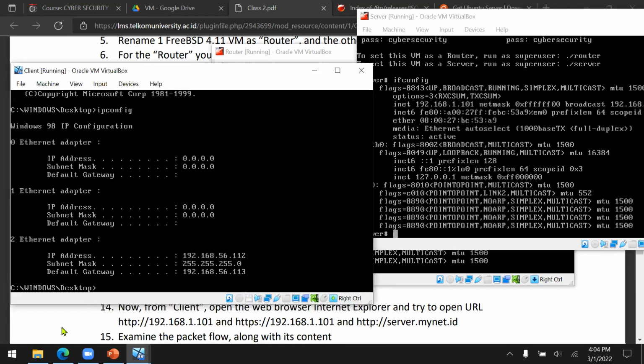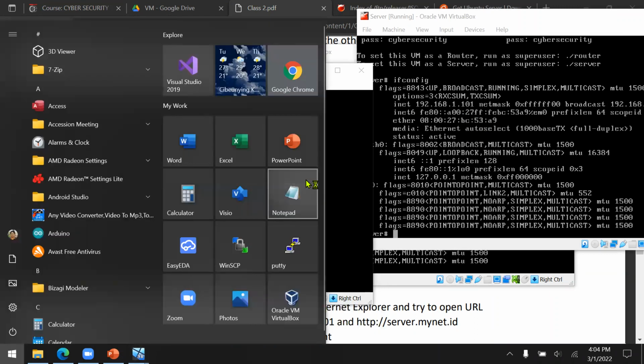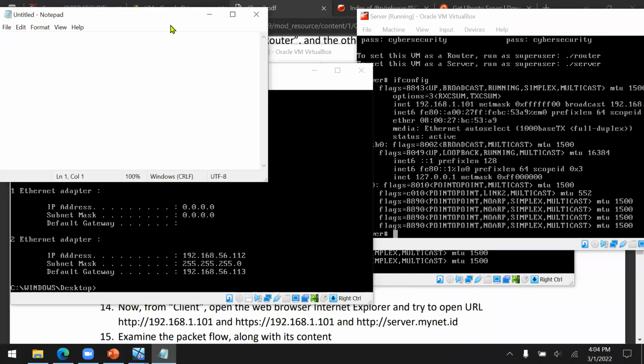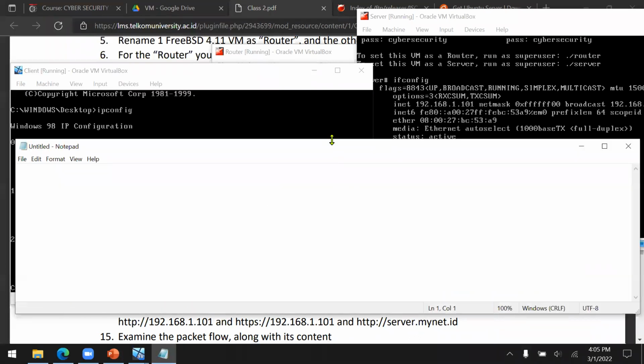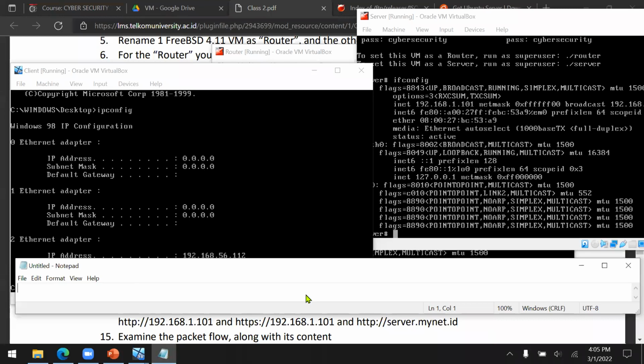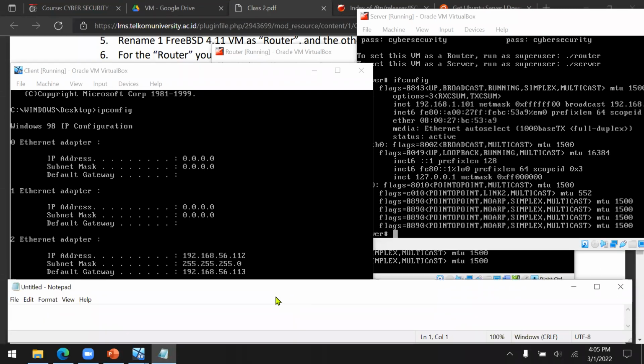So as we can describe the topology of our network, it's something like this. This is the client. It has an IP address of 192.168.56.112. And then this one is connected to the router.